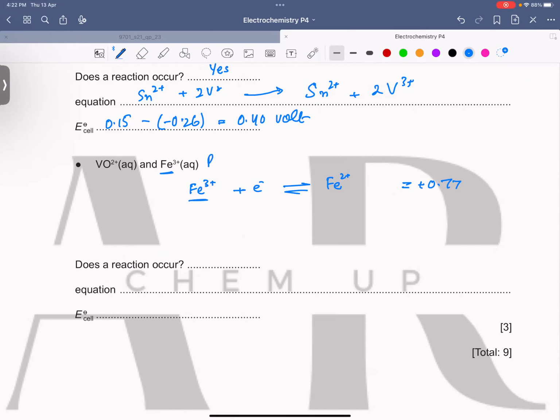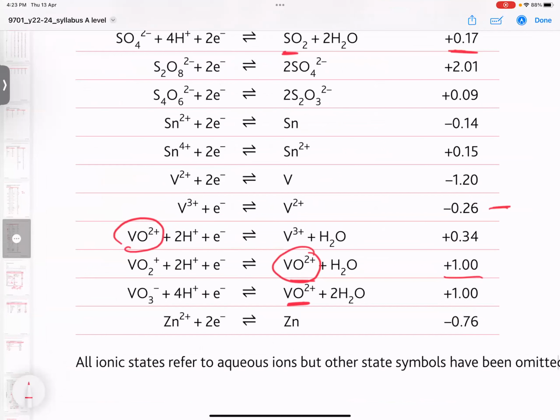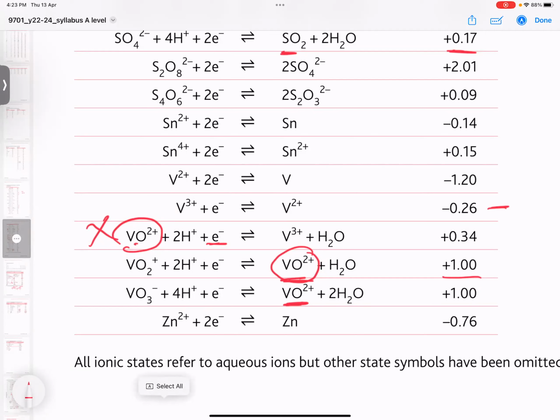अच्छा, अब अगर आयरन 3 पॉजिटिव है तो इसका मतलब है इसे रिड्यूस ही होना है। और अगर इसको ऑक्सीडेशन करना चाहिए तो इसकी E नॉट वैल्यू स्मॉलर होनी चाहिए 0.77 से। ऑक्सीडेशन ये कहाँ पे कर रहा है, यहाँ पे तो रिडक्शन कर रहा है। VO2 पॉजिटिव ऑक्सीडेशन कर रहा है। वैल्यू बड़ी है जो कि छोटी होनी चाहिए, तो यहाँ से हमें पता चल रहा है रिएक्शन डज नॉट हैपन।